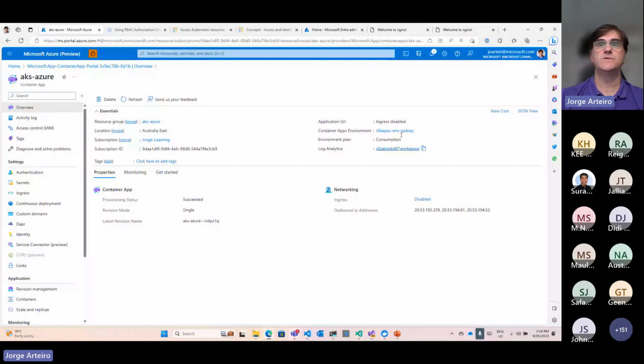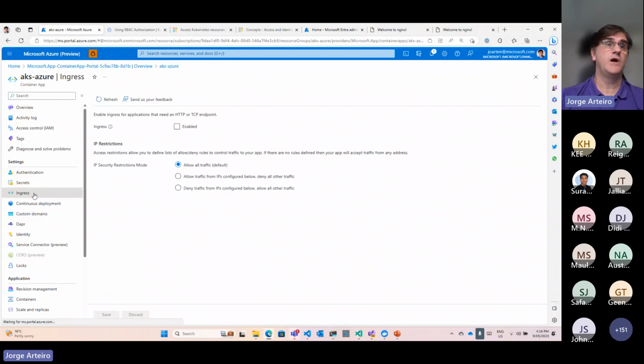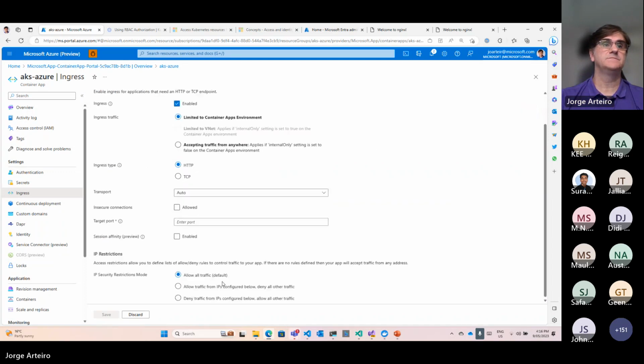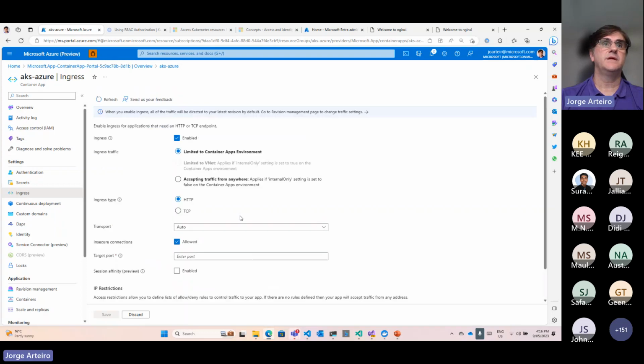I go to the resource. I don't have ingress because I disabled it. That's a good way that we can show how to do that later. After the creation, you can enable traffic if you want. I can allow all the HTTP traffic and insecure connection because of HTTP. And there you go.